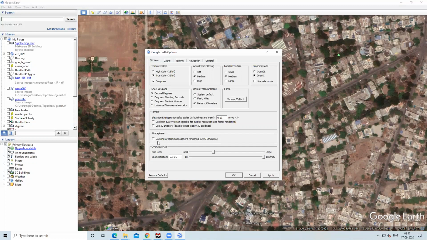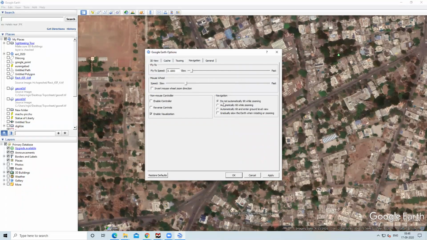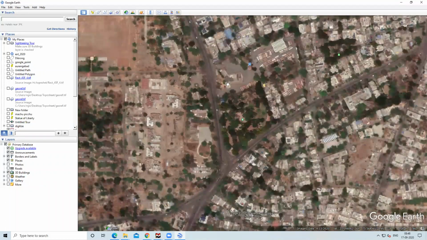Uncheck use photorealistic atmosphere as well. After that, in Navigation, select do not automatically tilt while zooming. Select this and uncheck gradually slow the earth when rotating or zooming. After doing all these settings, click on Apply and OK.